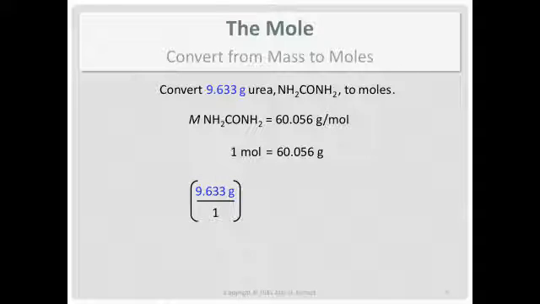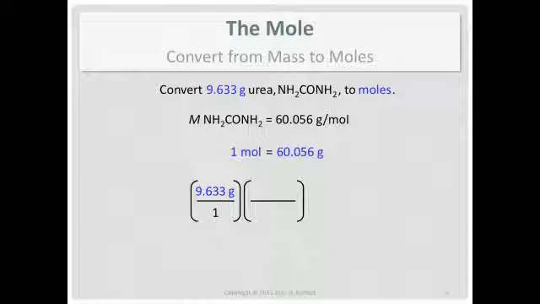I'm going to write it just like I wrote the dimensional analysis problems we did before. I'm going to put it over 1 so I can separate my numerator and denominator, and I'm going to use parentheses just because I like parentheses. We started with mass. What do we want? Alright, we want moles. Remember, that's why we calculated the molar mass. Molar mass converts between mass and moles. And we're going to put that conversion in here somehow.